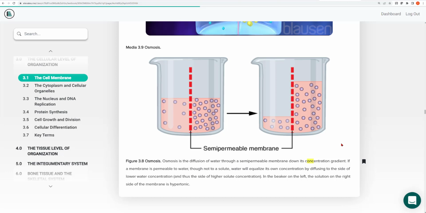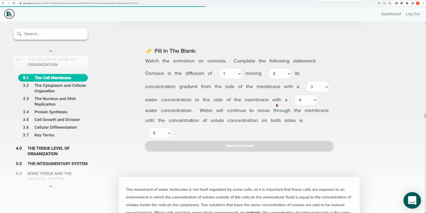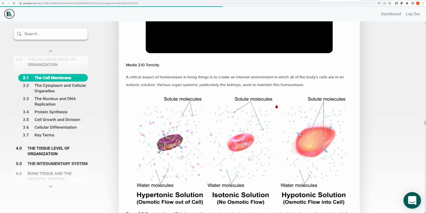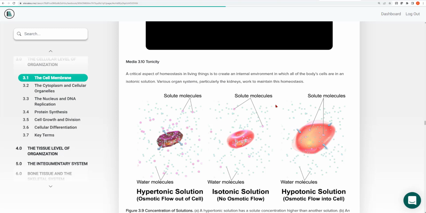Now, let's apply osmosis to what can happen to cells in the body, right? This is an example with a beaker and a membrane of some sort separating the beaker into two halves. Let's now take a look at cells. Remember what I just said, solutes suck, okay? Now, you're going to be seeing a little bit of this also described in Lab A. Let me just set up this picture.